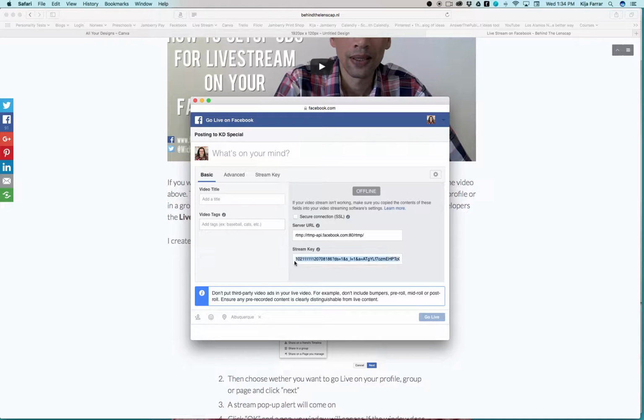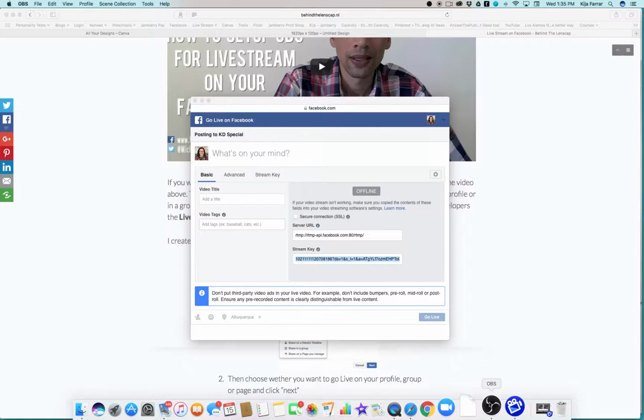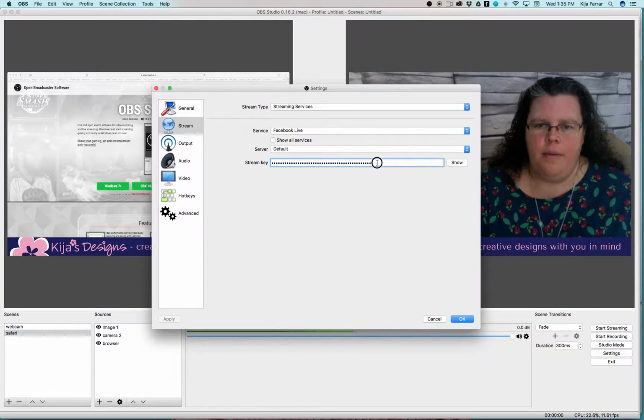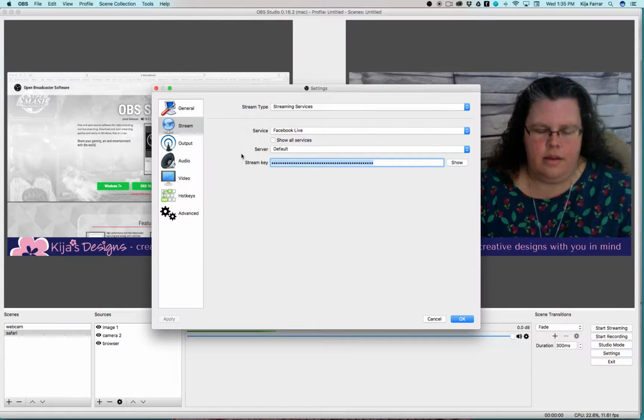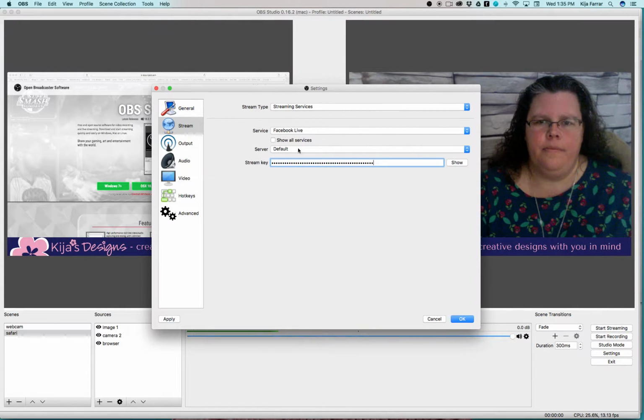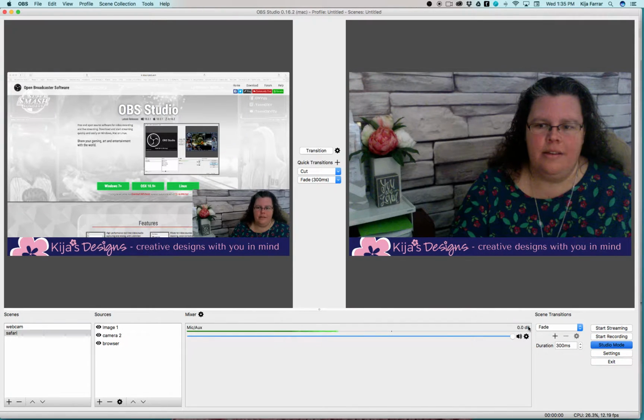You can click on the left here, just right outside, and it'll highlight everything. Copy, Control, Command C, and I would go back to OBS, put that in, Control V. You can also click the show so you can see the info, and you can press OK,